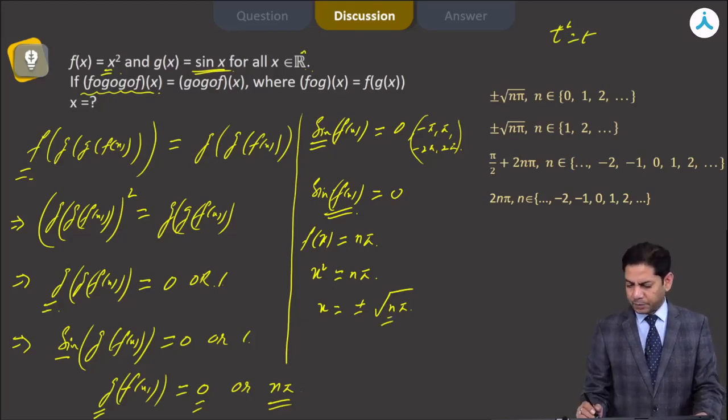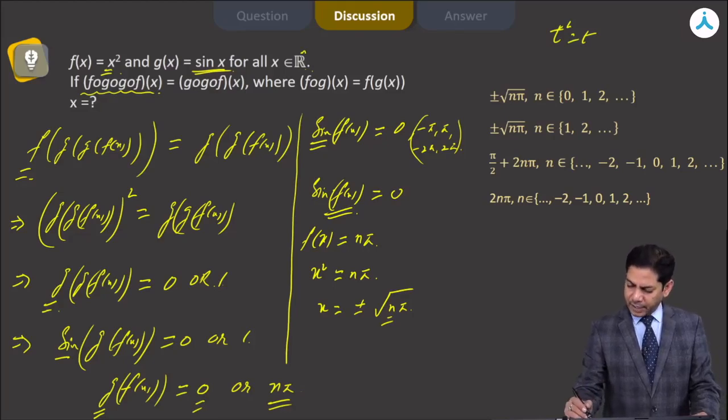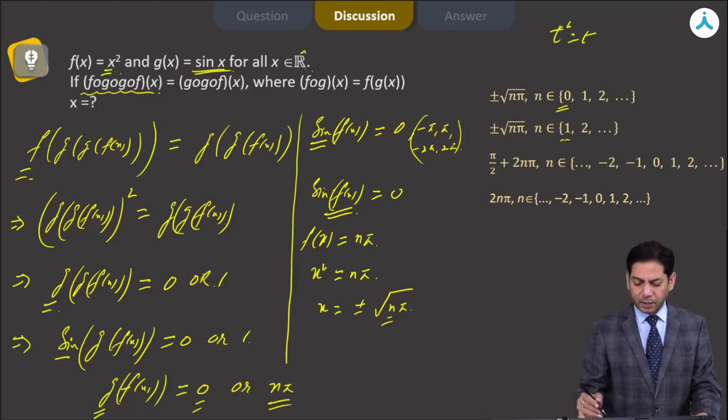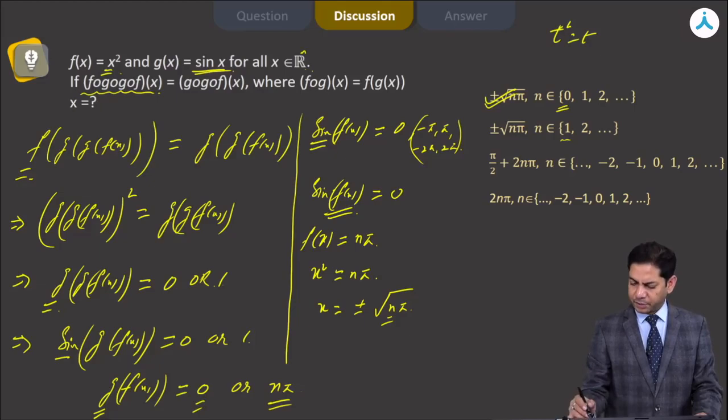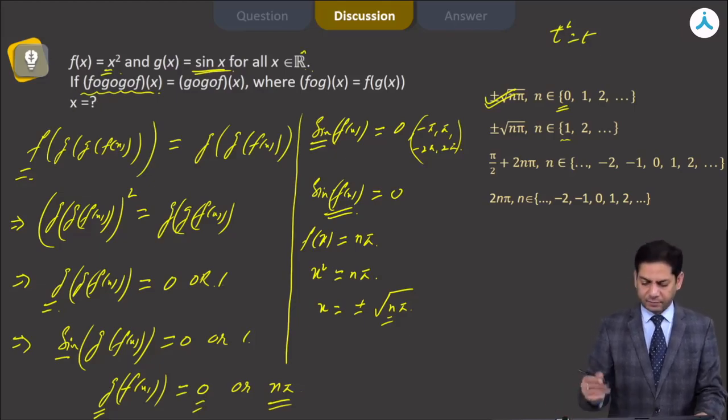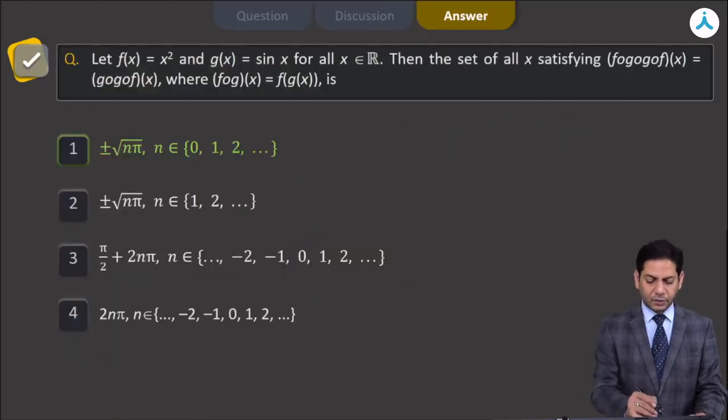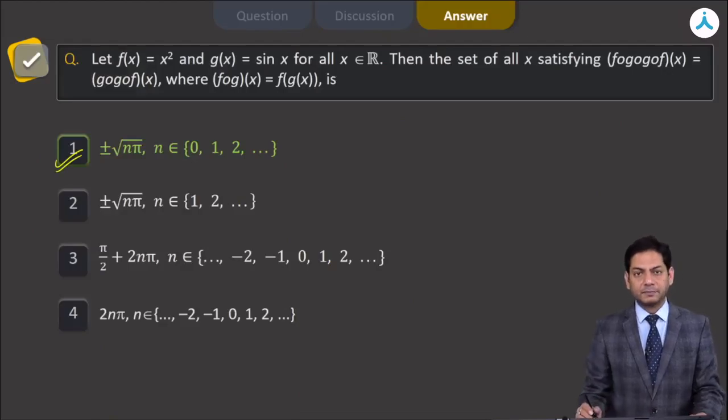So if you look at the options, then the options A and B are almost same except for 0 is included over here and it is not included here. 0 should be included as x can be equal to 0. That will also satisfy this condition. So we should mark A as our correct answer and options B, C and D are obviously incorrect. Let's confirm the answer. That is okay. First option is the correct one. Thank you.